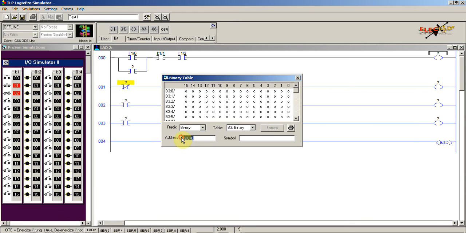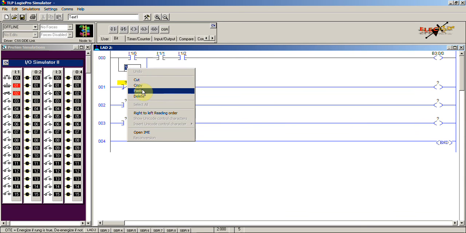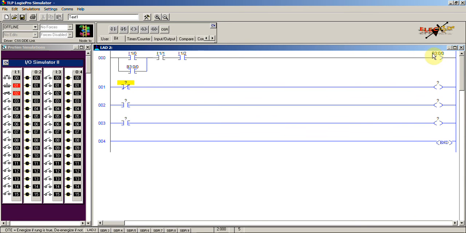Now I'll copy this address and paste it here, and use the same bit address here. Whenever this particular output is true and this instruction goes true, then after releasing the start push button, we can provide a logical continuity in this path. After that, this rung is provided to indicate that the motor is stopped.